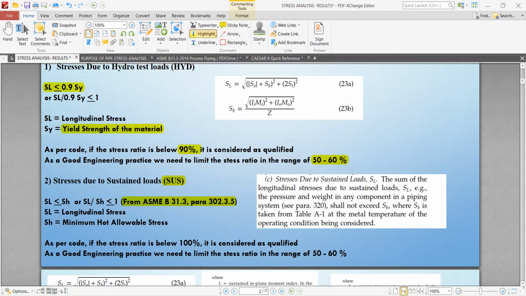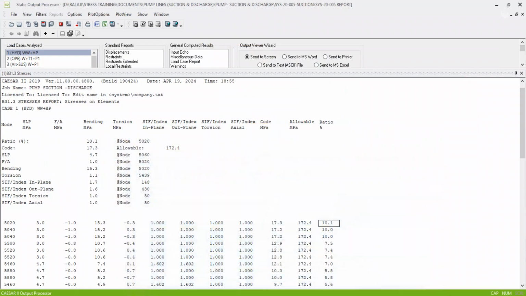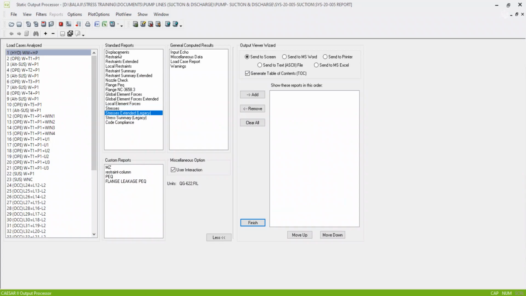So in stresses, it will show all the values based on the formula. It will show all the stress values. Okay, and then allowable stress, code stress, and then ratio. If you go to stresses extended,